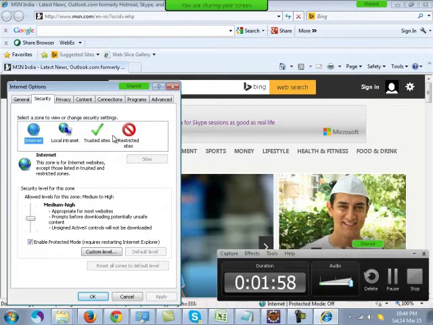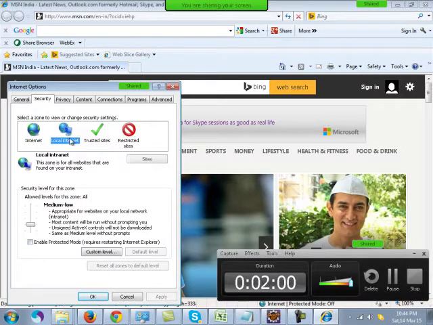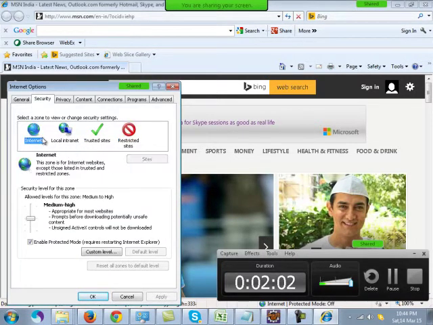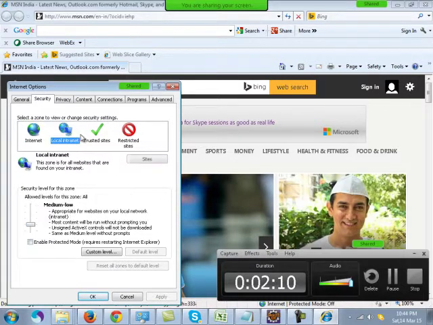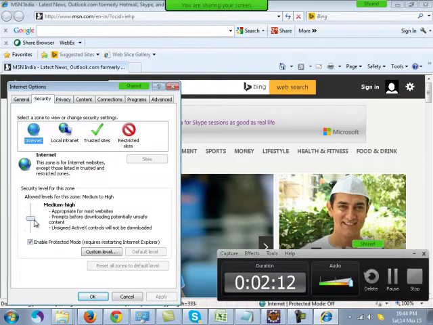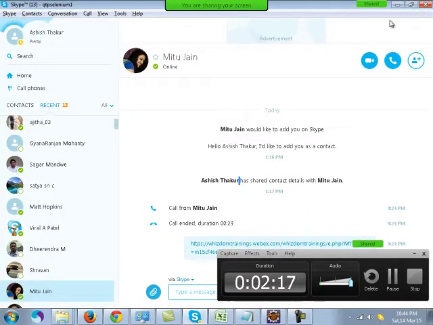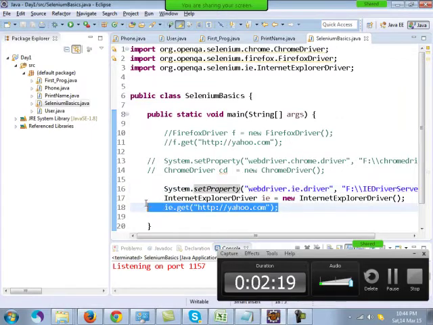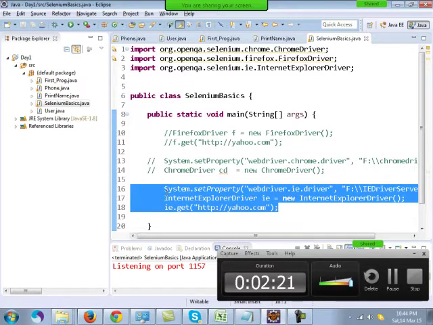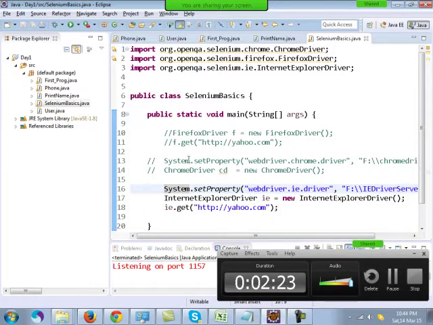In case your IE is not opening, make sure that for all the 4 sections, this leveler is at the same level for all the 4 options. Fine. Alright, so this is how you work on various types of drivers.